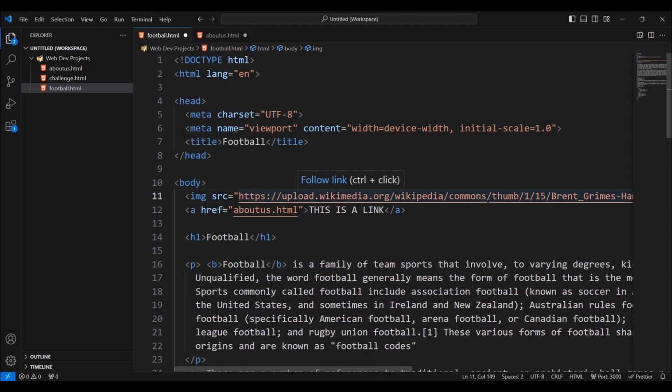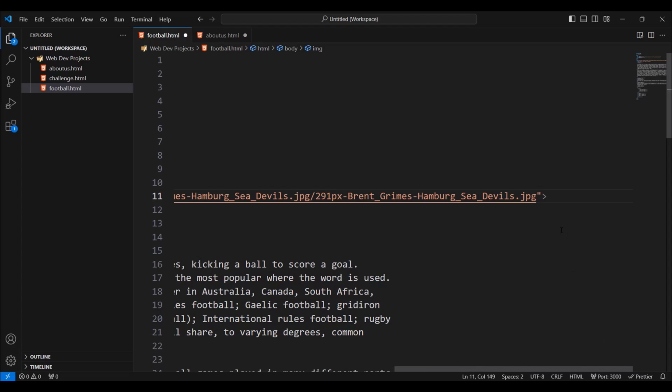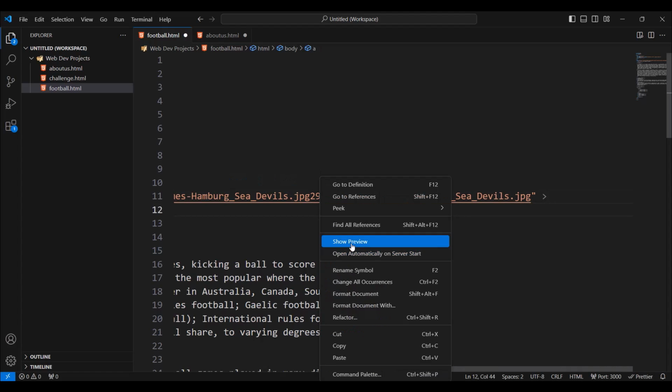Another important thing is that you can specify another attribute which is used if, for whatever reason, the link is broken. So let's say that I delete this here and I show preview.